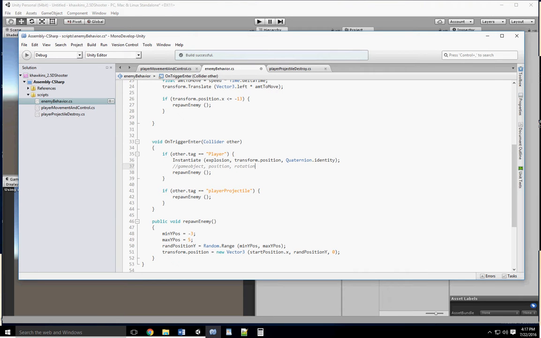That's all that is. Spawn game object, and then that's position, rotation. And then that's got to go above the